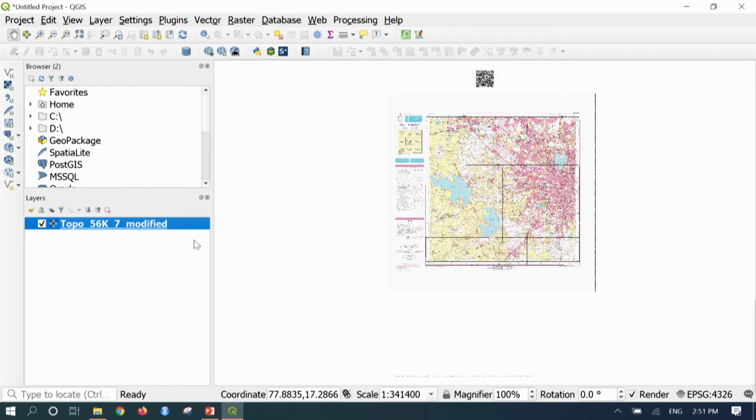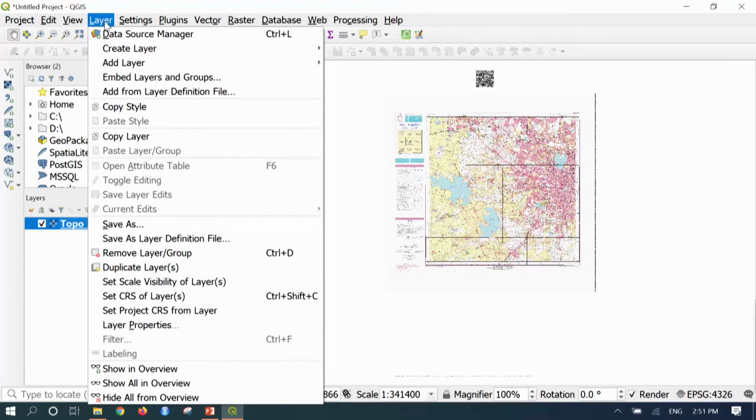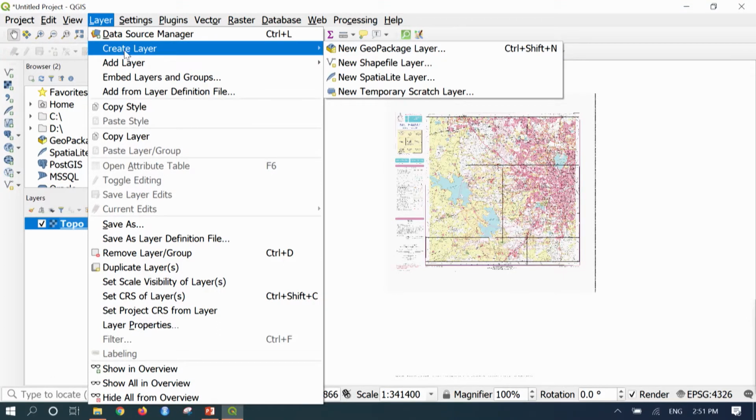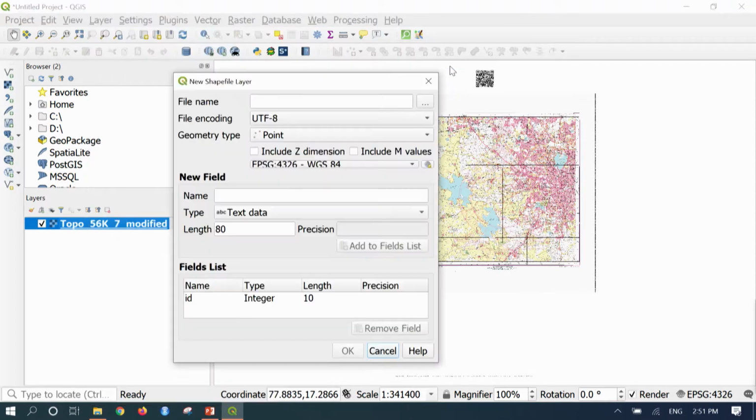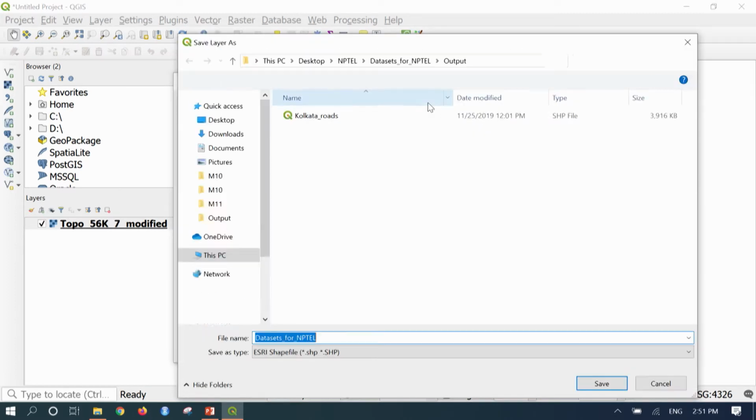Now, let us start creating vector features. At first, we will start adding a point layer. To do that, we have to go to Layer, Create Layer, and in the second option you can select New Shapefile Layer. As soon as you create a new shapefile layer, it will ask for the file name. So, here I am going to browse for the file name,